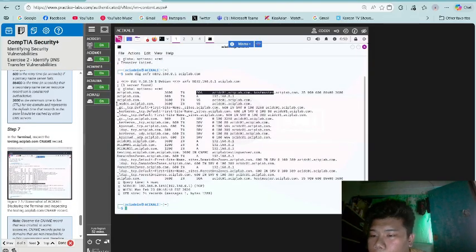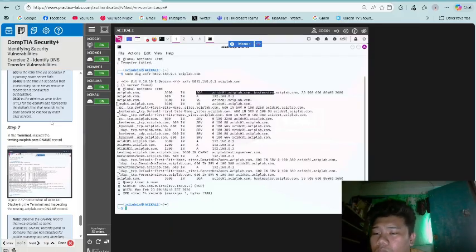And lastly, 3600 is the minimum time to live (TTL) for the domain and represents the default time that records in the zone should be cached by other DNS servers.